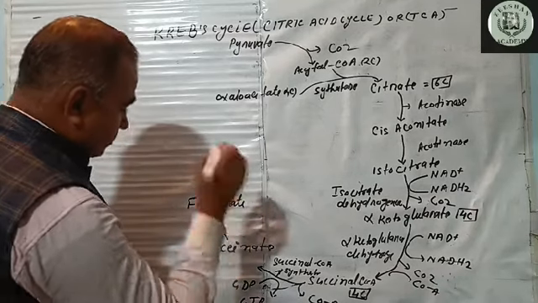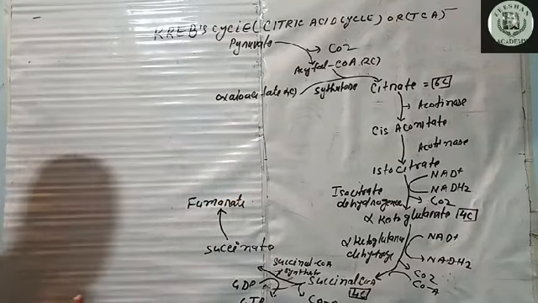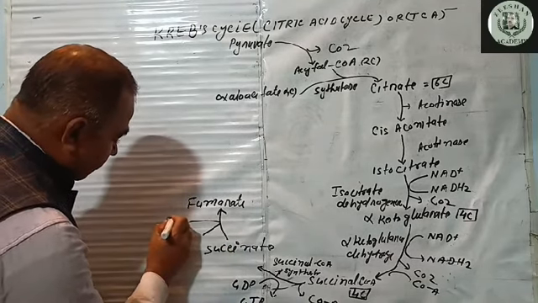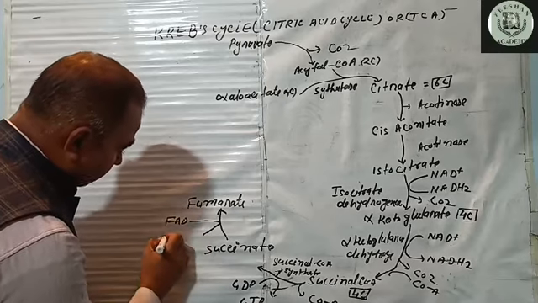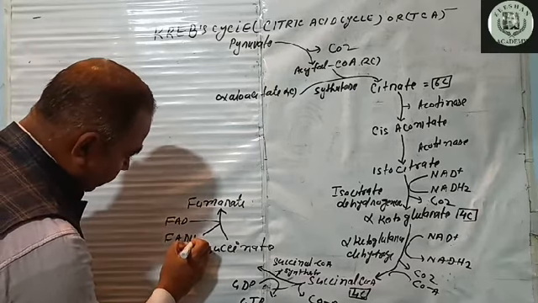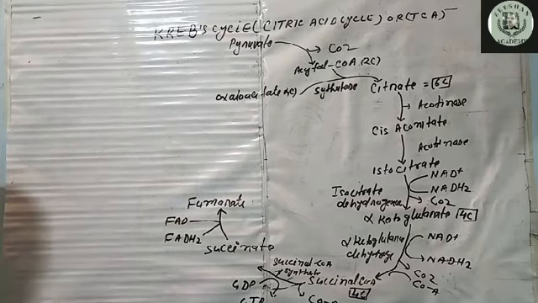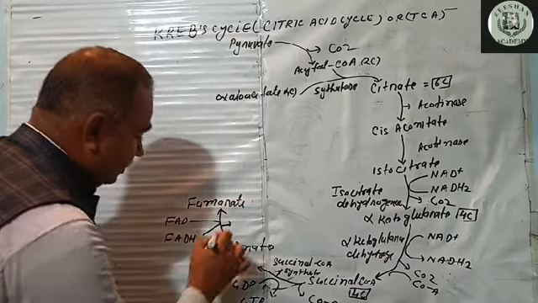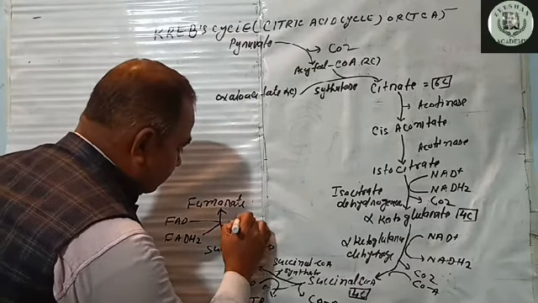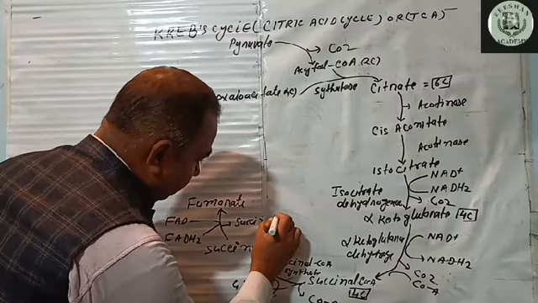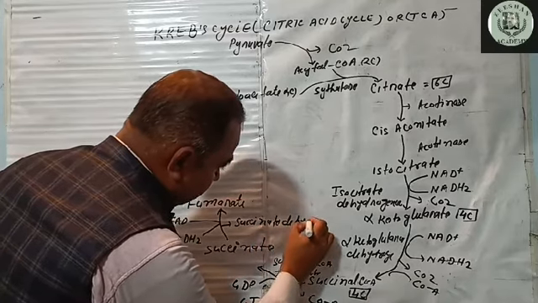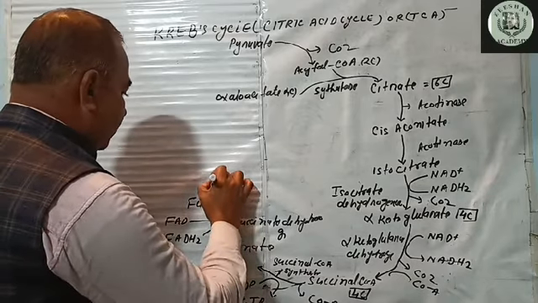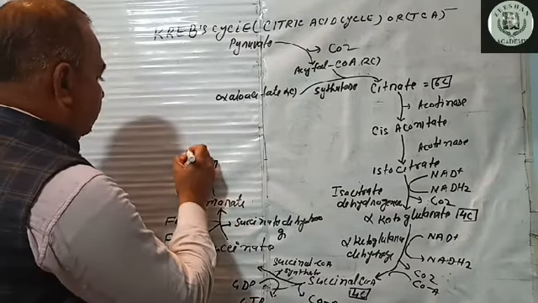fumarate, and here 1 mole of FAD is converted into FADH2. This reaction is catalyzed by the enzyme succinate dehydrogenase. Finally, the fumarate is converted into